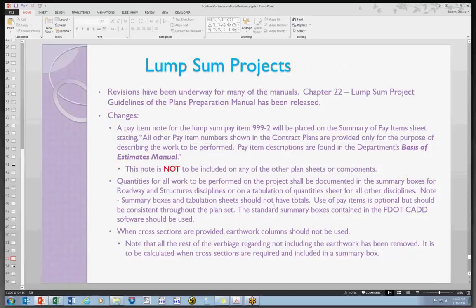And last but not least, lump sum projects. Lump sum projects are to be treated exactly the same as a conventional project. Okay? There's some things that are changing. One of those changes, and this has been released with the PPM, is that for lump sum contracts,